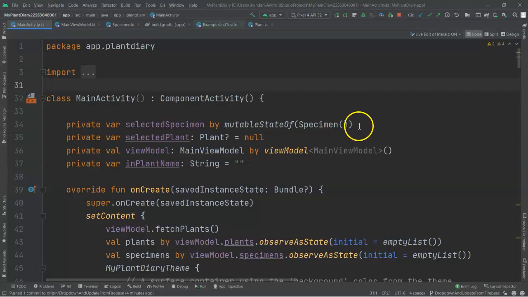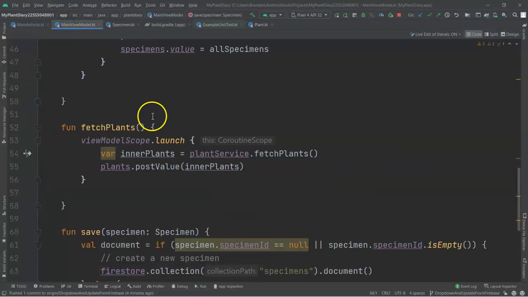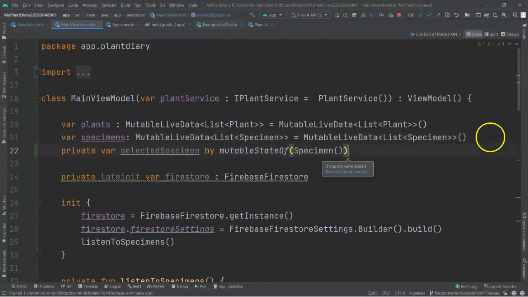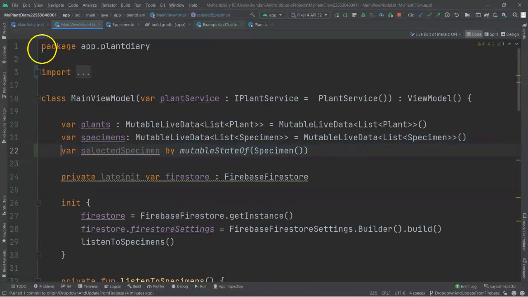First of all, one minor thing is that I have this selected specimen, which is whatever specimen we're currently working on, in my user interface activity class, and really state doesn't belong in our activity class. It belongs in the view model. So I'm going to cut this and I'm going to put it into our main view model. In doing so, I'm going to need to remove the private access modifier because I know I want to access